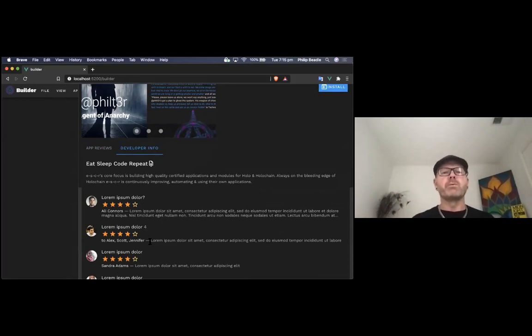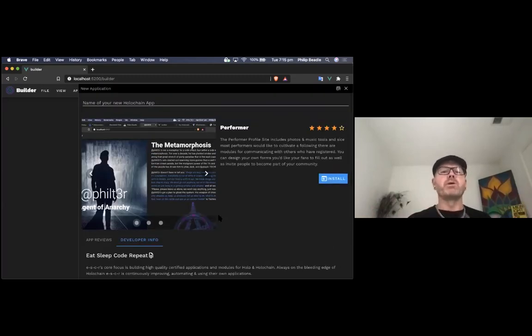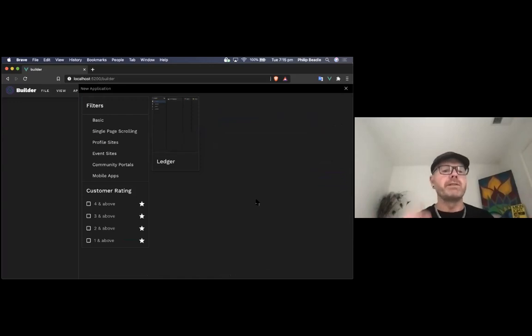Because what we're trying to build here is an ecosystem of developers and companies that are going to build all these applications and extensions for this. And what I'm proposing here is one way of doing it, and that's using the Vue CLI and using Vue as the front end stuff, and then Holochain in the back end. And of course, people could do whatever they like, but this is the way I'm going to do it. So if we go back to the basic one,